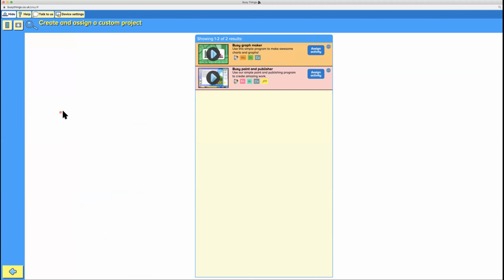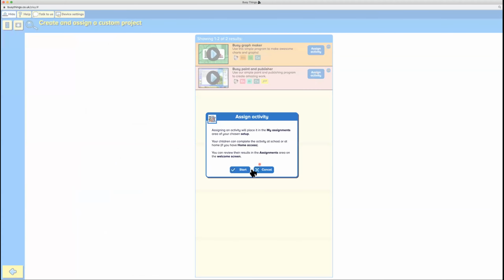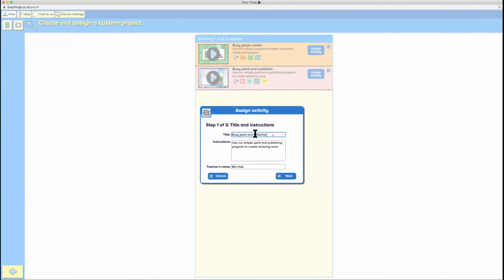And the same process with assigning a worksheet, exactly the same. By a worksheet, we mean labeling, categorizing, or ordering activities. If there's some content that you can't find on Busy Things, you can make your own project. So using the Busy Paint Publisher or the Graph Maker. So I can make up something